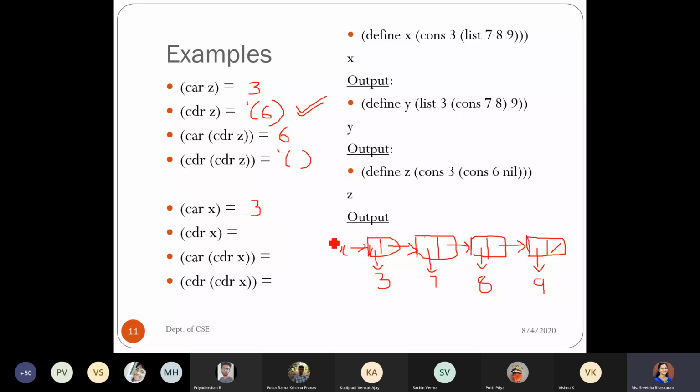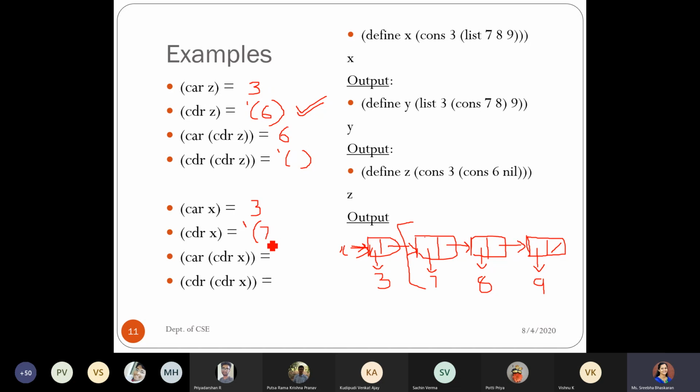Coming to the CDR of x. So x is this one. So CDR, the second part of it. So this pointer is pointing to this entire portion. So what is this entire portion? It is again so many boxes which ends with a nil. So your output representation for this CDR of x will be nothing but a list.